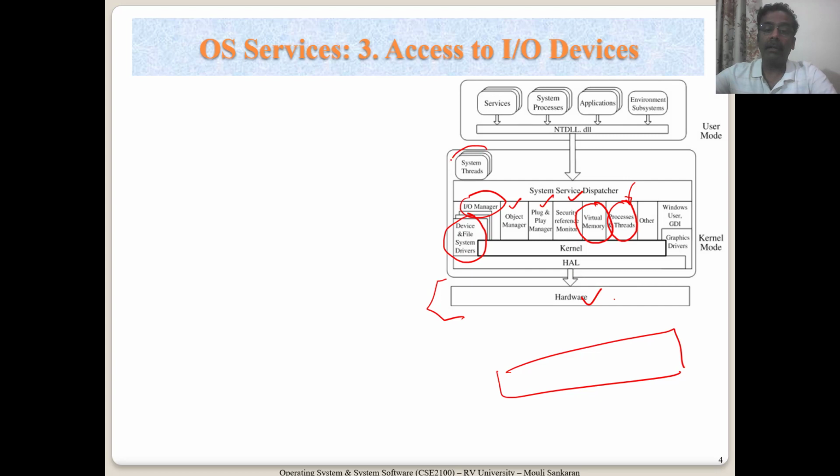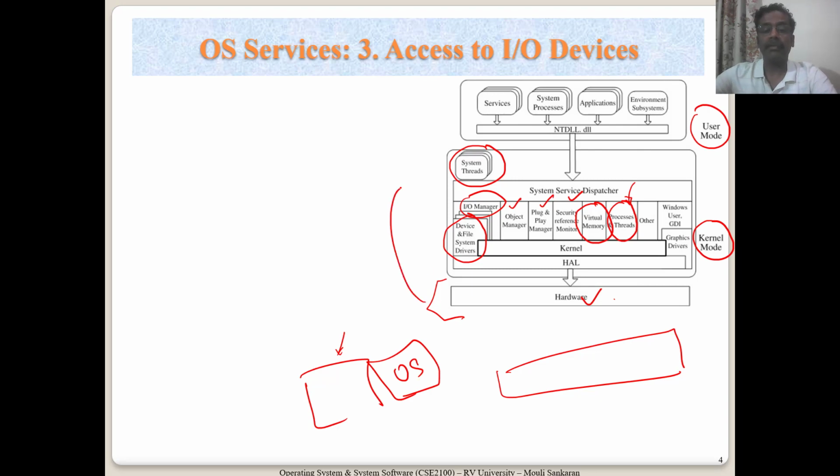And there are system threads which are OS specific threads which are initiated by the kernel and run in the kernel mode. So there are two modes which we will be spending a lot of time on. Kernel mode is a special mode in the CPU which gives us special permissions and access to different instructions and the entire memory. So that's in kernel mode. Our OS always runs in kernel mode, and within the OS also there are multiple threads being created and managed. And then you also have